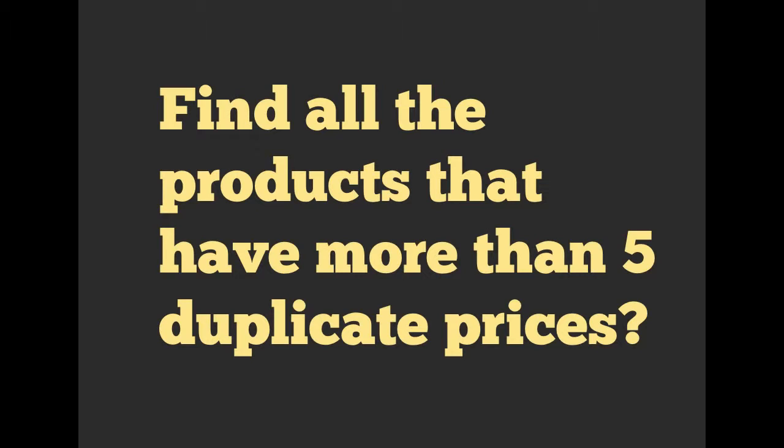So we have more than 5 items that all cost $20. We want to know all of the items that have duplicate prices, as long as there are more than 5 of those duplicates. It's a little bit to wrap your head around, and let's see how we can do it